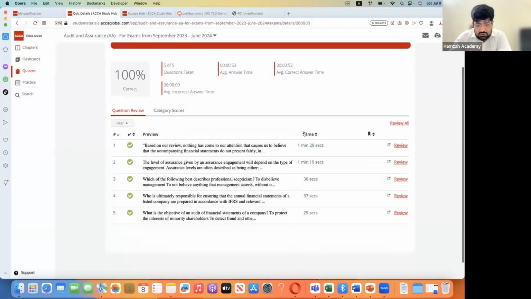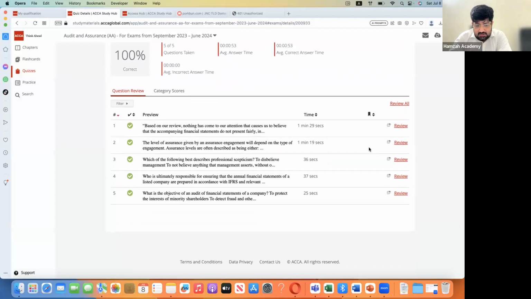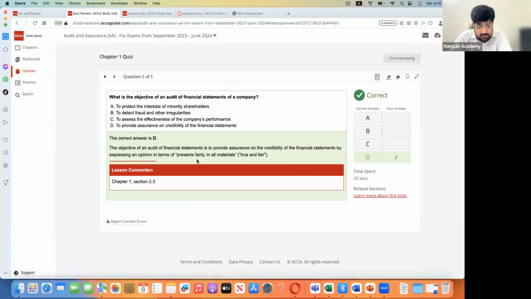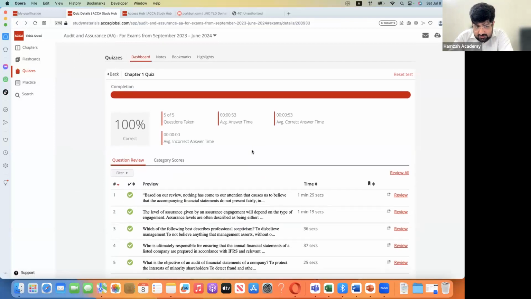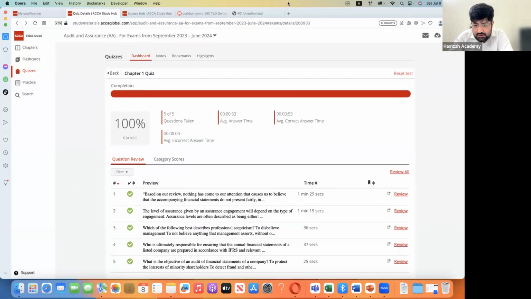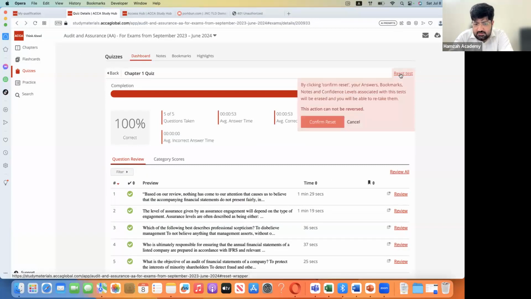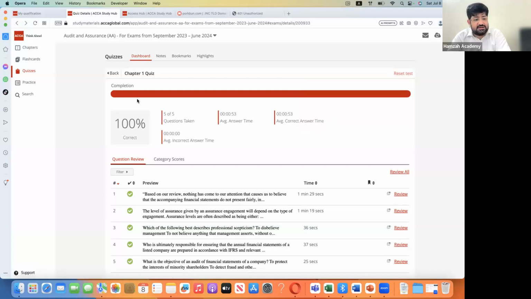Next. So here is, for example, the answer, right? All are correct. We can go there to see which answer is correct and why it is wrong. If you have selected the wrong answer, you can review it. You can reset the test and retake it. So I will reset it for my upcoming class of batch B. Yes, now it is done.